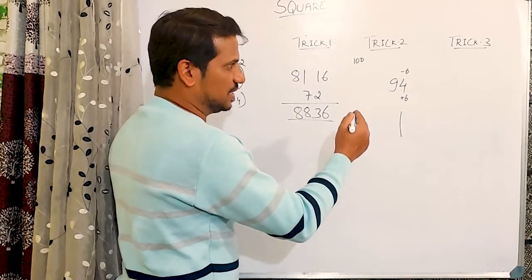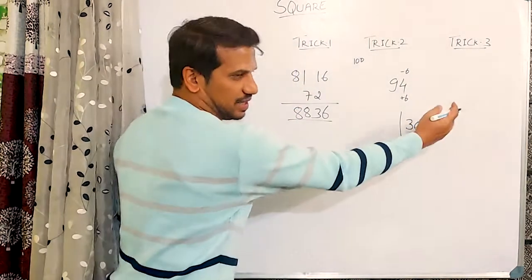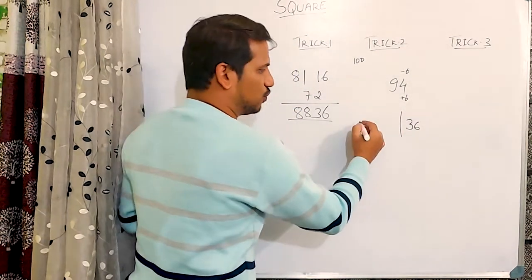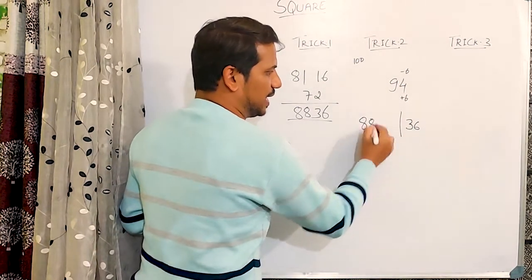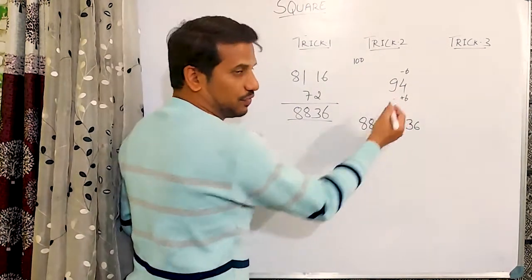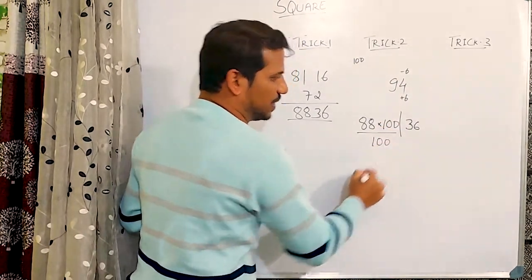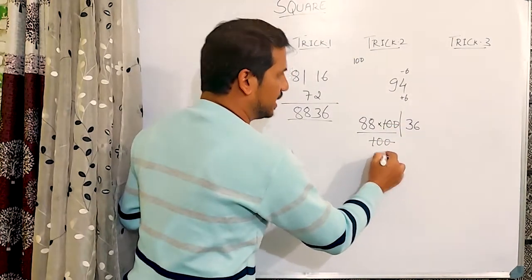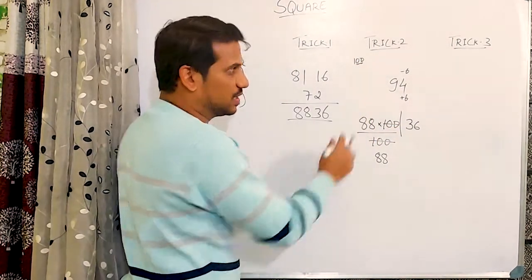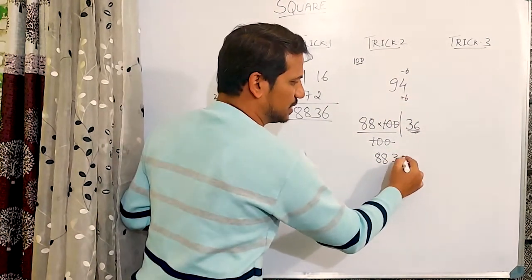So 2 parts, as I said earlier. So 6 square, that is 36 at this right part, and at the left part what should it be? 94 minus 6, that is 88, into 94 plus 6, that is 100. To compensate, let's divide it by 100. This is gone. So remaining is 88. Since there are 2 zeros in 100, we have kept 100 as base, so we need to take 2 digits from here, that is 36.